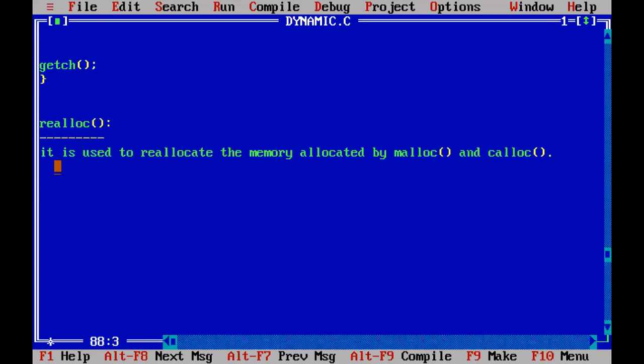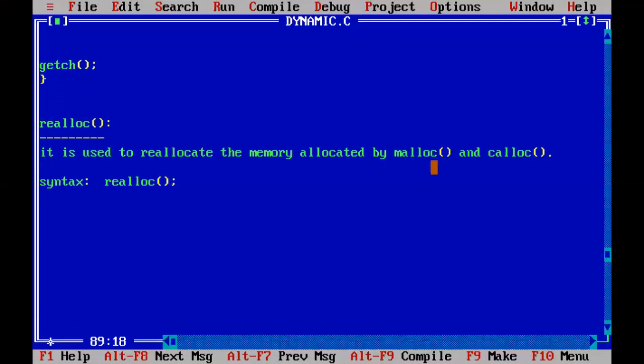The definition of realloc is that it is used to reallocate the memory already allocated by malloc and calloc functions. So the syntax is the realloc function. It will take the pointer to the memory created using malloc and calloc functions.